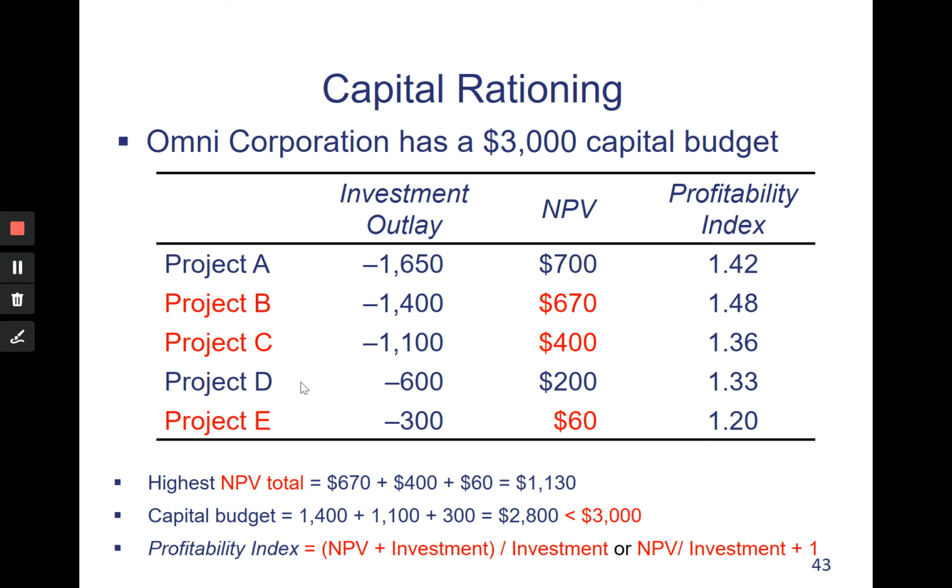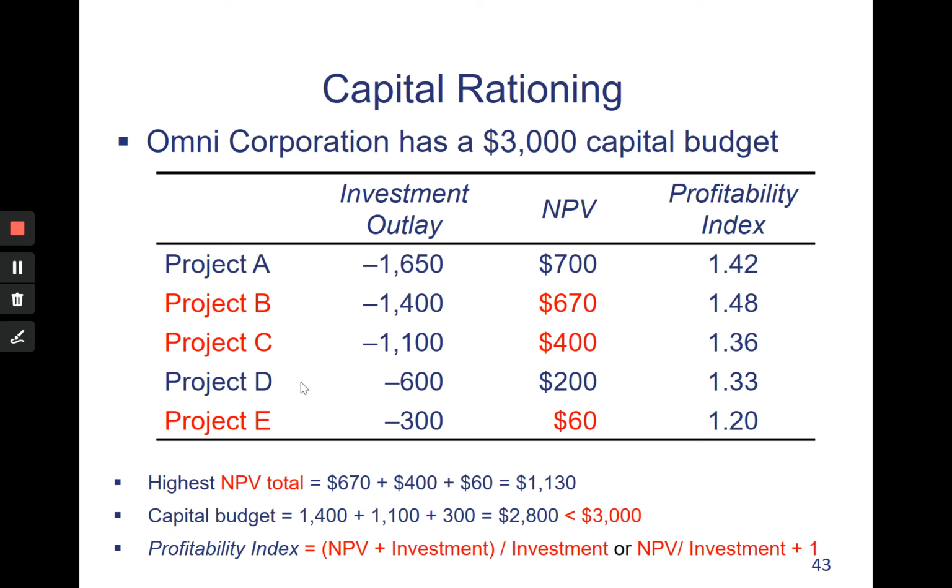So now we go and look at projects that have the highest profitability index. 1.48 is that project B. We take it. 1,400 is gone, and we have 1,600. Now we go and take the second project with the highest profitability. Is project A, 1.42, but we don't have enough money. We are 50 short. We go to the next project with the highest profitability index, and that's project C, 1,100,